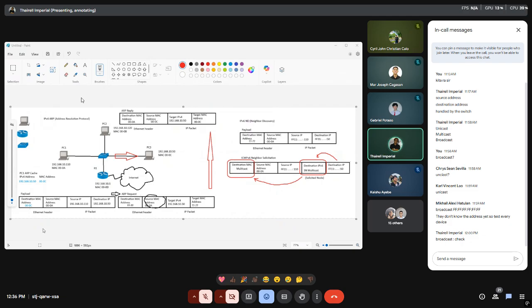Now, mind you, if ever you weren't able to catch up with the discussion, don't worry, there is an existing video of this. There are a lot of tutorials on YouTube, or maybe you could find it on Wiki, etc. A variety of resources where this same discussion is explained: how IPv4 and IPv6 resolve addresses between your end devices. So end device to end device address resolution, either in the form of IPv4 or IPv6, using ARP and ND.